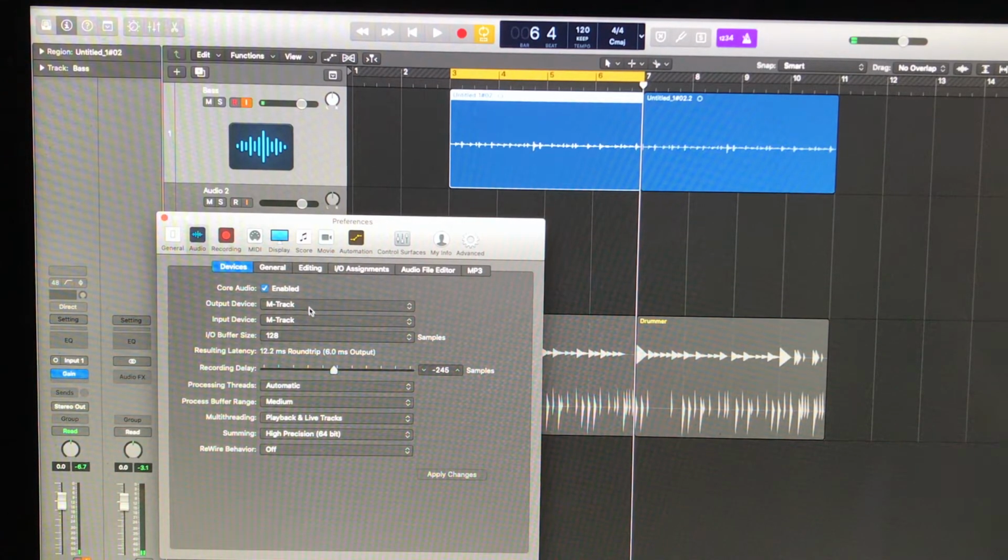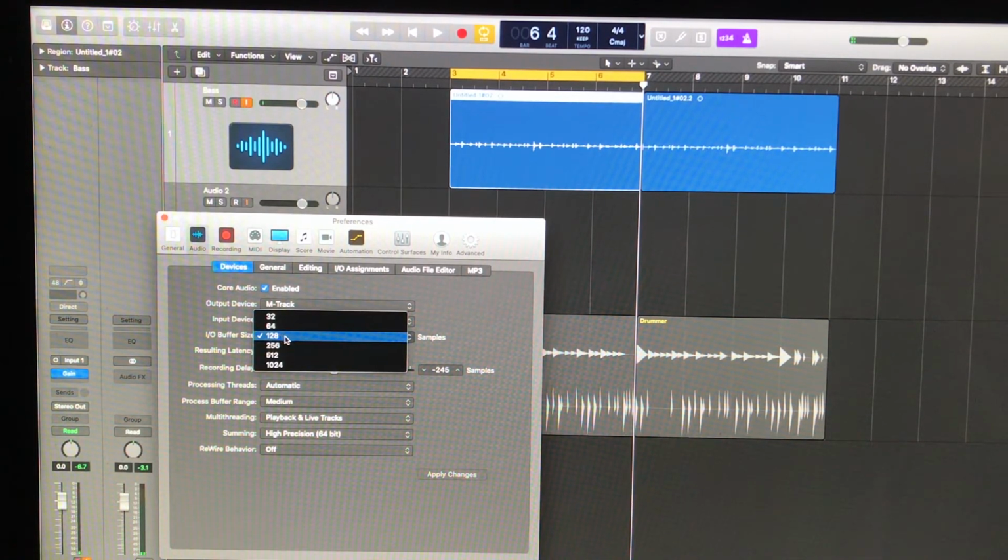Once you're connected to your device, this here is called I/O buffer size. When you're recording your first audio track, if you click on there, you'll see a number of different options, like 128 and 256. When you're recording, have the low latency, so it's good to record. But further down the line, the top ones are for when you're mixing your tracks,